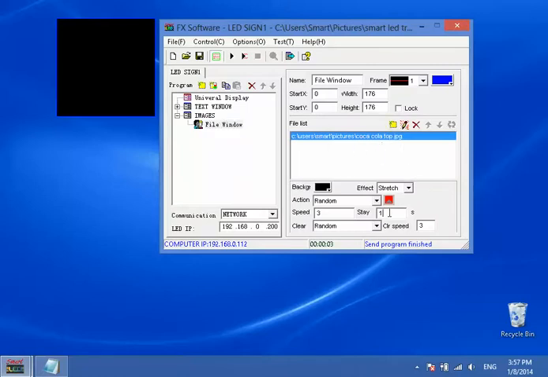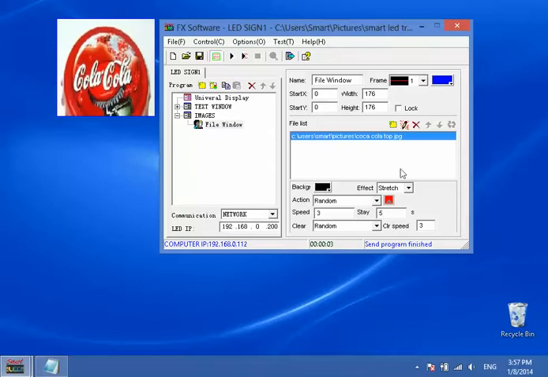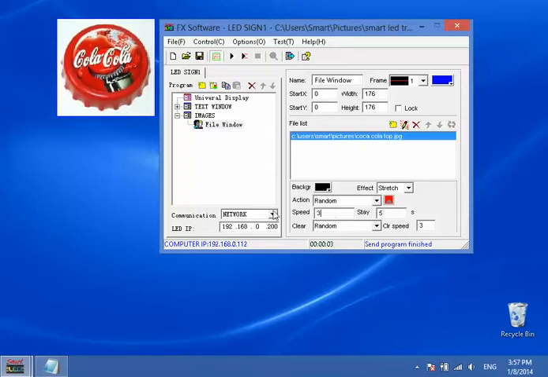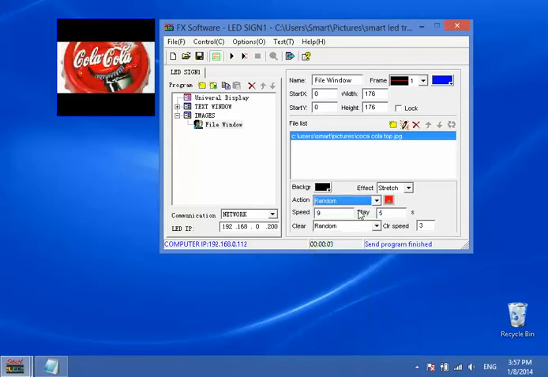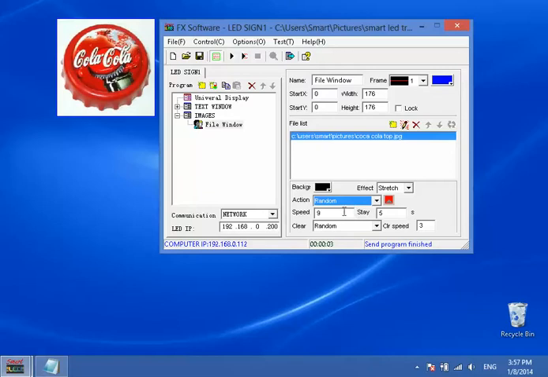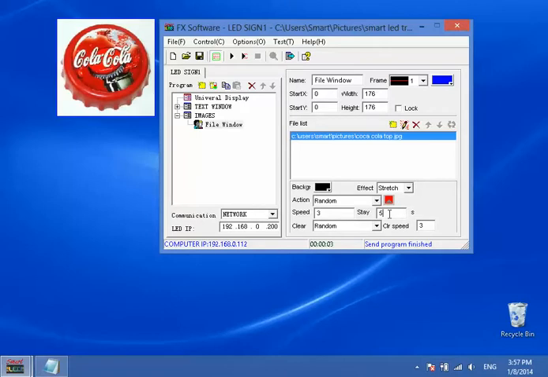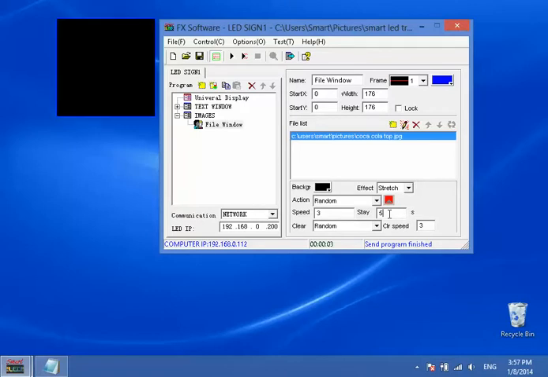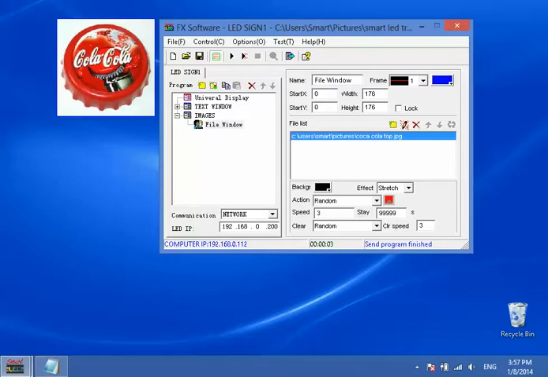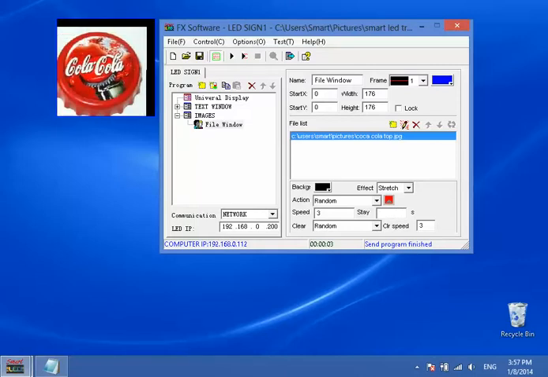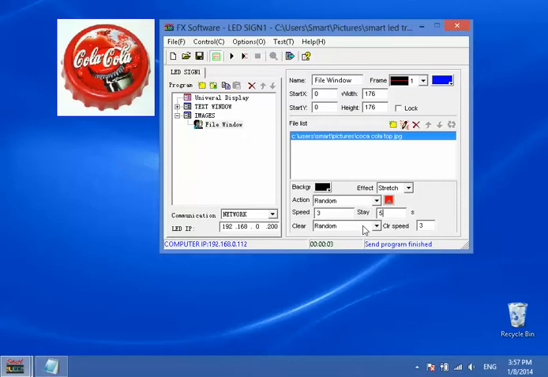It's staying only 1 second, so I want to change that maybe to 5 seconds. The speed is 3, that's the typical speed, and then the clear speed is 3. Typically, if you choose a higher number, you're going to have a lot slower effect. So you want to maybe just keep it around 3 to 4, and the seconds could go from anywhere from 1 to 9999 seconds. So for the most part, we typically stick to 10 seconds or so, and you can have a different effect